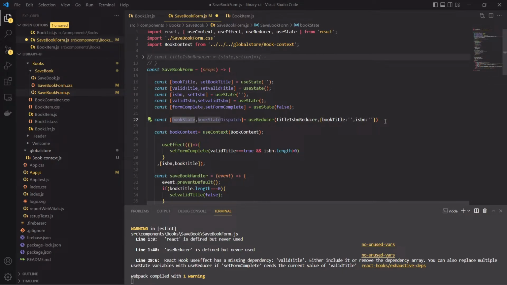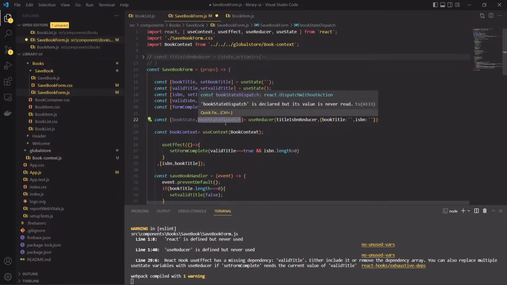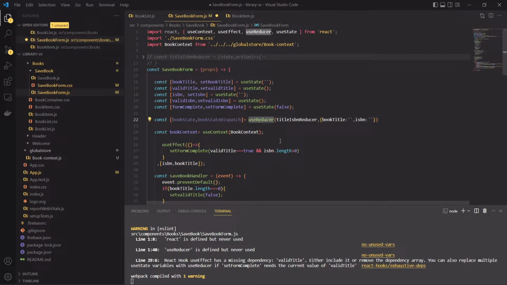It has different elements, okay? This is a reducer. The first element is the state, and it is going to store more than one value. The second element is the dispatcher, and it's going to be used to call the reducer. Next element is the useReducer function that is going to create the reducer, and it's going to get two input values. The first one is